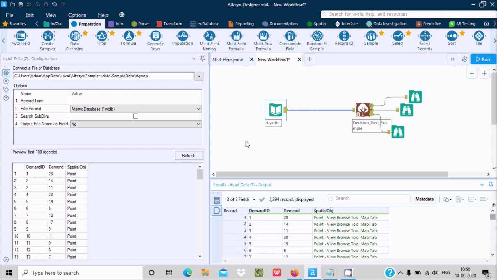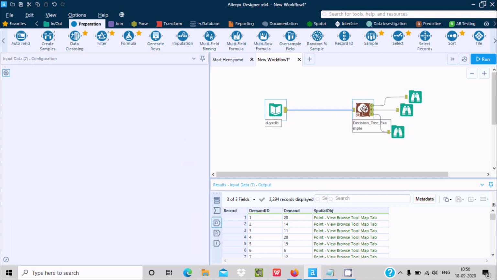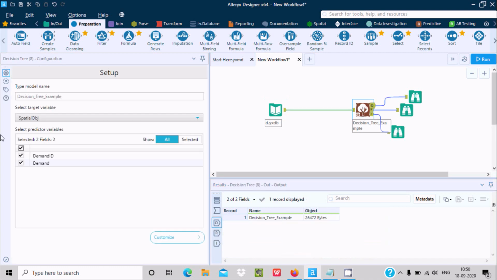So the spatial object is the string type, and the decision tree can accept the target spatial object string type, and we can use more than one field, and the field should be unique. This is the constraint with the decision tree.